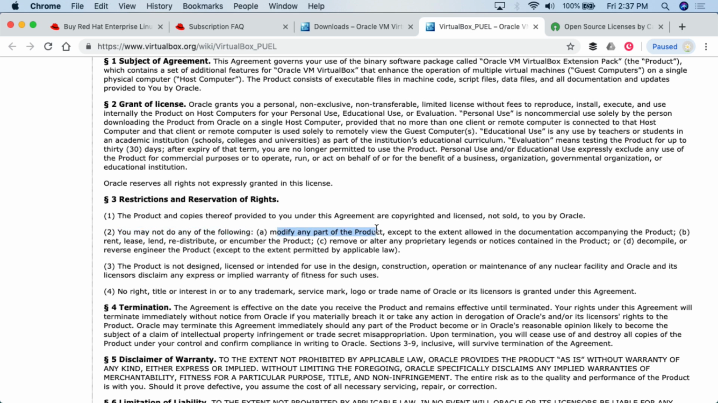But under restrictions and reservations of rights down here, you may not do any of the following. Modify any part of the product except to the extent allowed in the documentation accompanying the product. Rent, lease, lend, redistribute, or encumber the product. Remove or alter any proprietary legends or notices contained in the product. Decompile or reverse engineer the product except to the extent permitted by applicable law. So think about this, and really think about this when you're thinking about open source. So the core is open source. It appears you can basically do whatever the hell you want with it. But if you want to use something as basic as USB 2.0, all of a sudden,